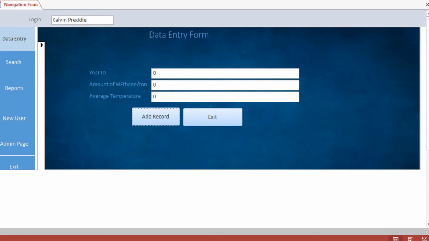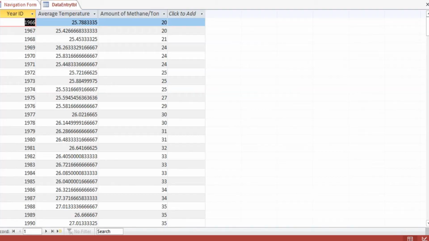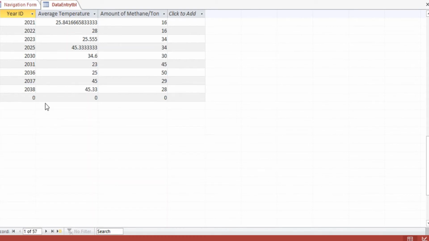Once the user clicks Add Record, we can go to the table and verify that the record was added. Year 2038, average temperature 45.33, amount of methane per ton 28.